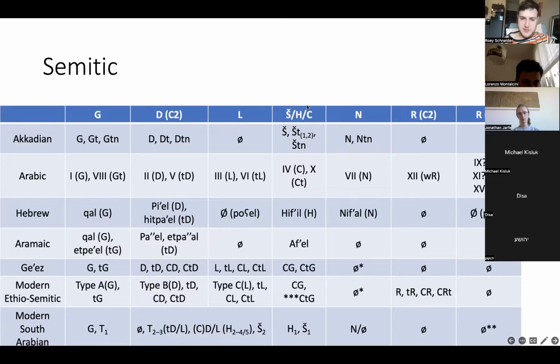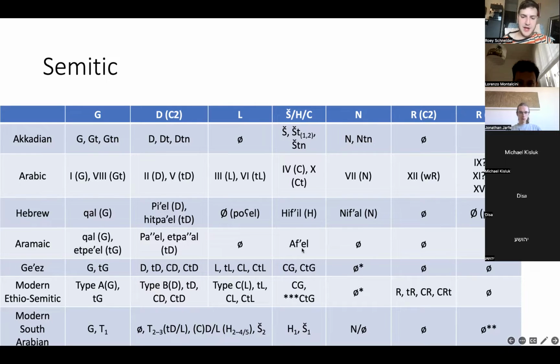Then we have the causatives. So in Akkadian, we have the Shin, Shin T. There are two Shin T stems in Akkadian, but they're pretty much almost the same. Reciprocal, reflexive, passive, like always, and the Shin T and the iterative. This in Arabic is expressed by the fourth form, the af'ala, and the Shin T is the 10th form, istaf'ala. So we have the ista, just like the ushta. That's nice. In Hebrew, this is hif'il.